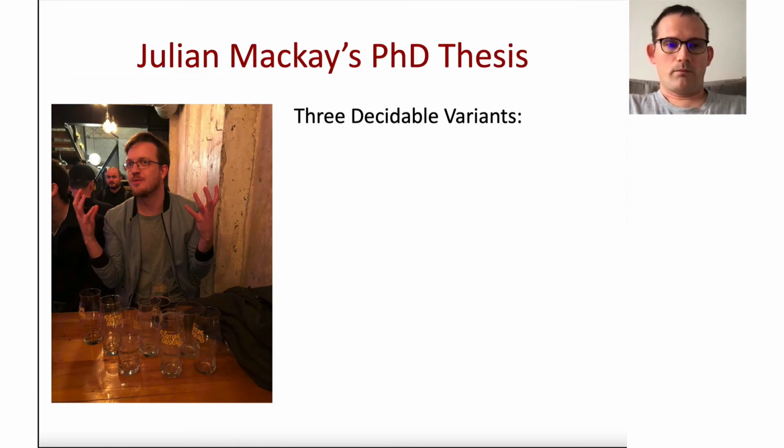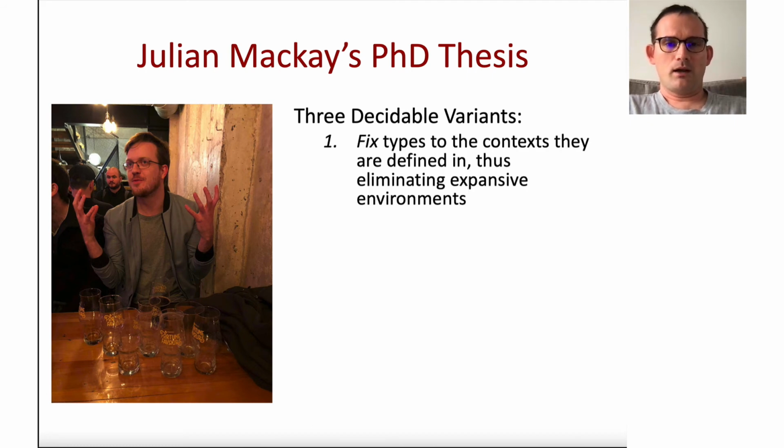So what Julian did over the past 6 years, and a lot more than 6 years, is provide at least 3 decidable variants, particularly concentrating on Scala, working with DOT calculus, where the insight was that one thing you can do is fix the types to a particular context they're defined in, and thus avoid the problem that happens as you set up the types in a loop, potentially expanding forever, by rather associating each type with